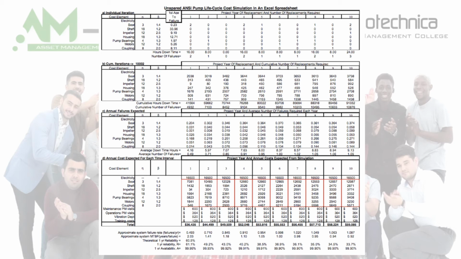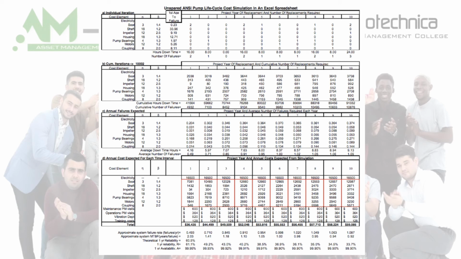Now this is a single run of the model. This is repeated 10,000 times. In our case, it states 10,002 times. So the figures of the 10,002 instances of table A are accumulated in section B. So for year 5, as an example, the accumulated failures of the seal over 10,002 runs is 3,644, and for the shaft 465, and so on. The accumulation of downtime over 10,002 runs for year 5 is 80,022 hours, and the total number of failures is